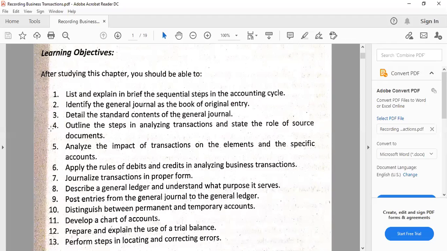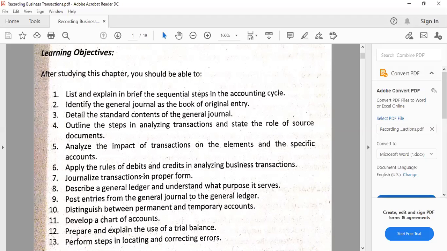So from 1 to 8, or let's check, that's 1 to 7. These are the items involving the journalizing of transactions. Then from 8, so I almost said 8 a while ago because this could be discussed anyway from journalizing transactions, but let's just assume that because it talks about general ledger for 8, it's part of posting. Although 9 is really the posting. So from 8 to 11, these are the learning objectives from general ledger.